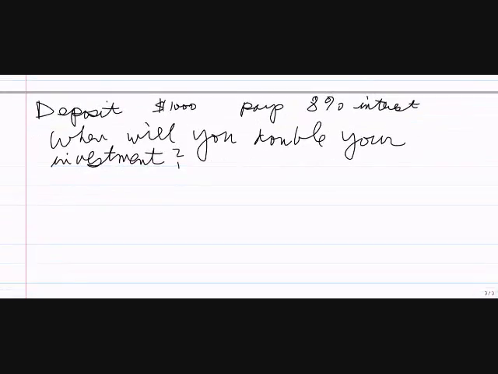Okay, so I'm going to make an exponential equation. Remember, y equals a times b to the x. A is the y-intercept, or the initial amount. That's 1,000. B is the multiplier. We're getting 8% interest, which means we have an increasing function, so I add 8% to